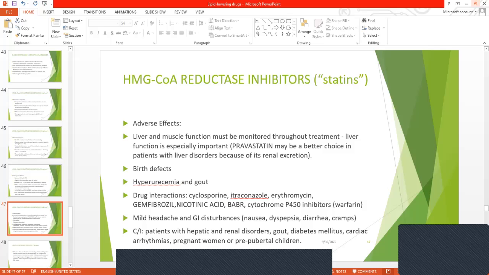Myopathy can occur with monotherapy, but there is an increased chance when the medicine is combined with other medicines as well. Sometimes we can also see hyperuricemia and gout. So reductase inhibitors need to be temporarily discontinued with these side effects, and also if there is some serious illness, trauma or major surgery, so that we can minimize the potential of liver and muscle toxicity.